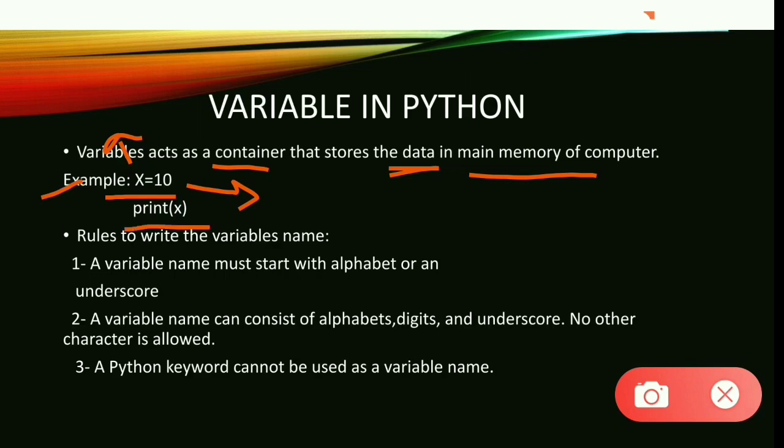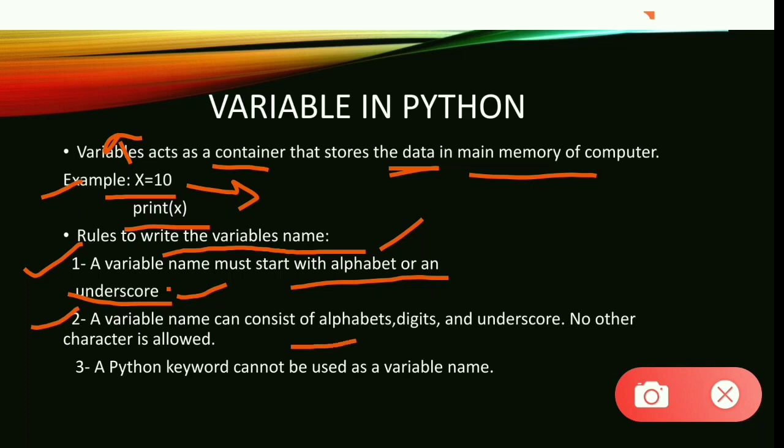There are so many rules for writing a variable name. Let us see these rules. First, a variable name must start with an alphabet or an underscore. It is necessary to start our variable name with an alphabet or an underscore. Next, a variable name can consist of alphabets, digits, and underscores.